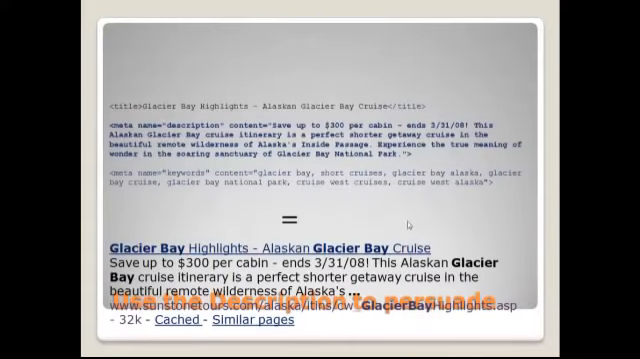Okay, so here's an example. We have our page title: Glacier Bay Highlights, Alaskan Bay Cruises. The description: save up to $300 per cabin, ends 3/31, and a little example: experience the true meaning, the wonder-storing sanctuary of Glacier Bay National Park. It's an excellent way to incorporate the terms they're going after for the user, and it doesn't come off as spammy. If somebody types in the phrase Glacier Bay, and they see that snippet and that page title in the results,